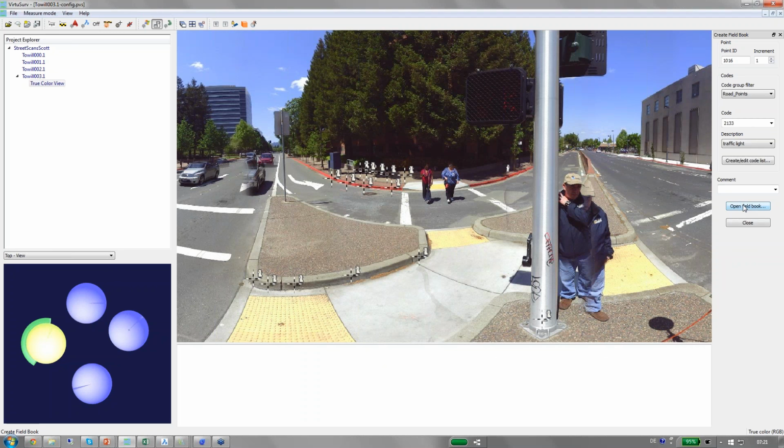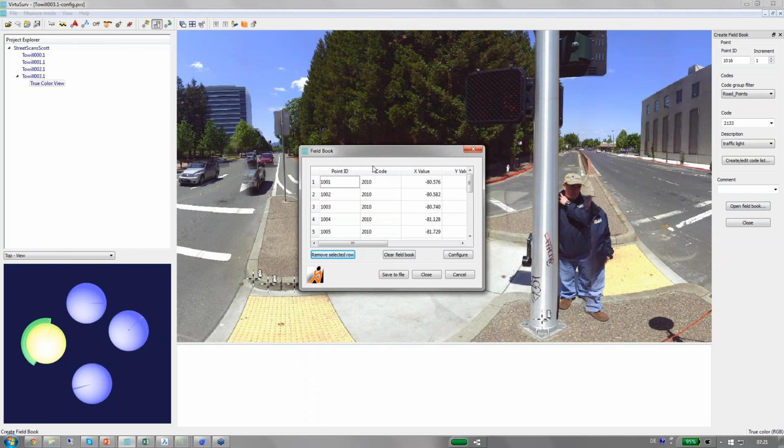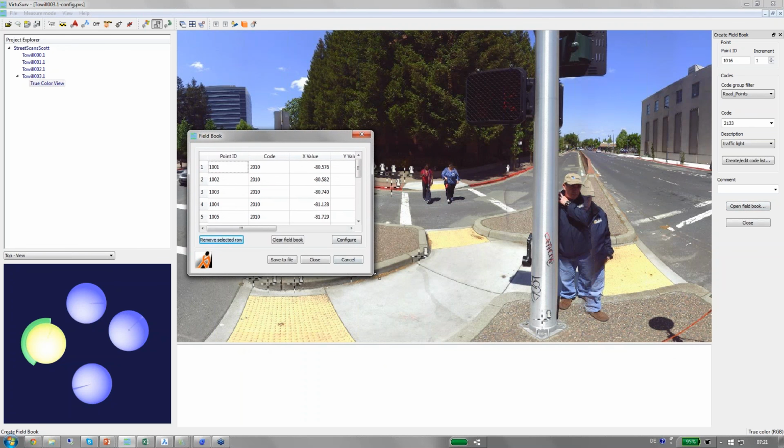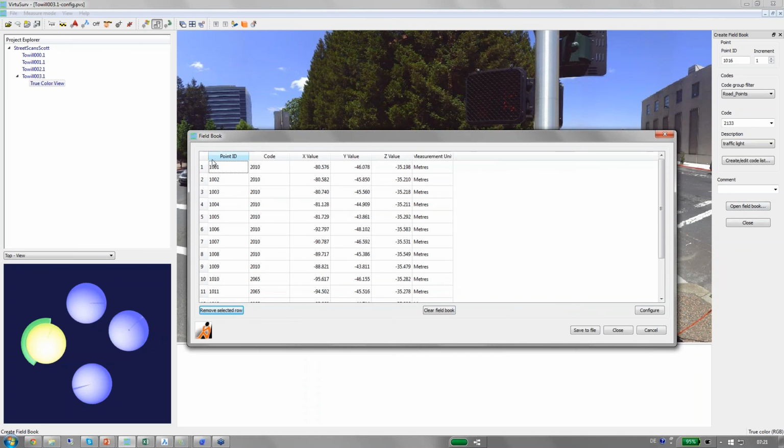if it's allowed with your import system. And if you want, you can open the field book and check it, and you can manually delete points, remove rows in that field book. You see it's structured in columns like point ID, and you can sort by codes